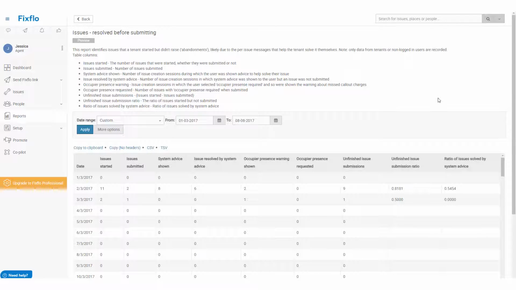Please note that we will go through how to add and edit these pop-ups in more detail shortly. On this report, you can clearly see the date on the left-hand side of the screen, and then moving along from left to right, you can see the number of issues started on that date, the number of issues submitted, the number of issues where in-system advice was shown to the occupier, the number of issues which were resolved by